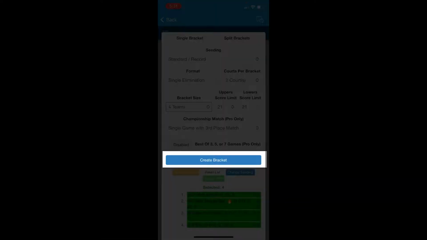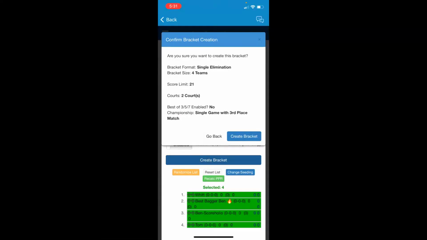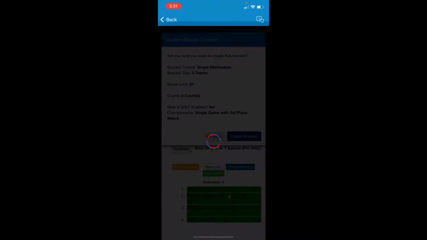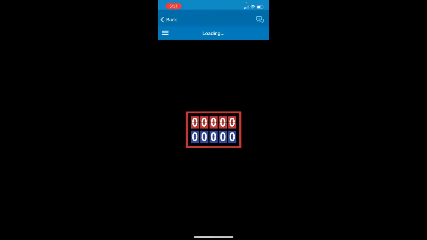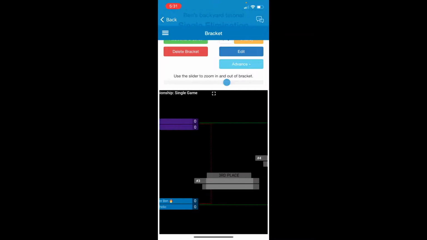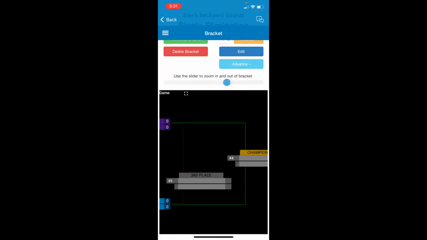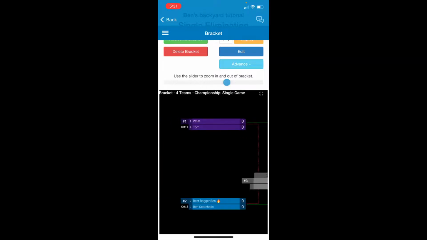So I'm going to click that create bracket button right there, and it's going to give me a rundown of everything that I'm doing, and I'm going to click create bracket again. So now the system is going to go ahead and create your bracket for you. If you guys have that player scoring turned on and people know how to use the app well, they can go to that Find a Tournament tab, click on the court they're on, and live score the match right from there. If you're just doing it for fun and you just want to add the scores yourself, you go ahead